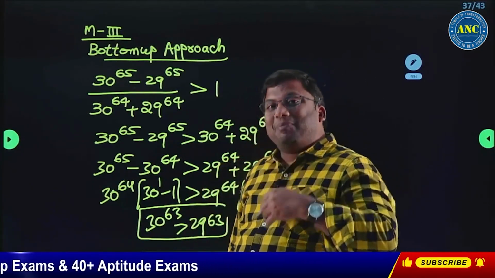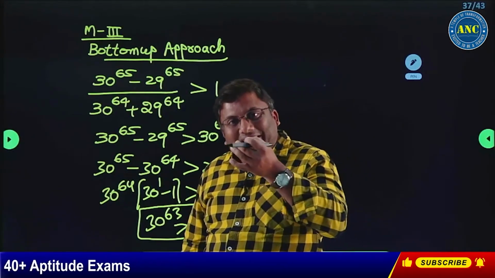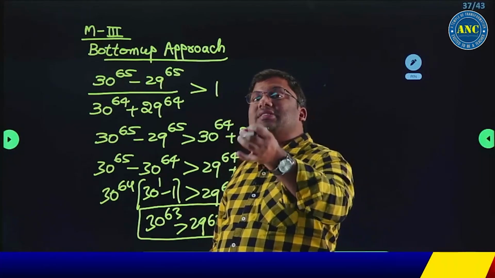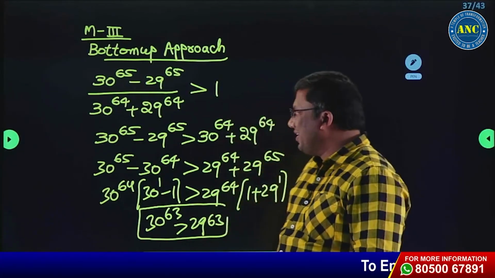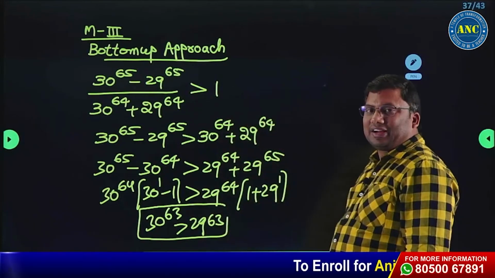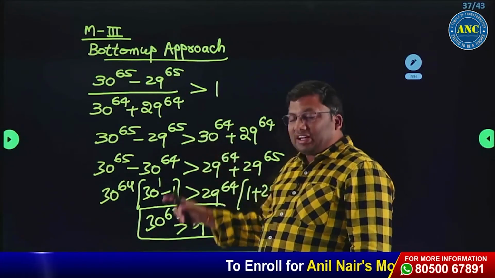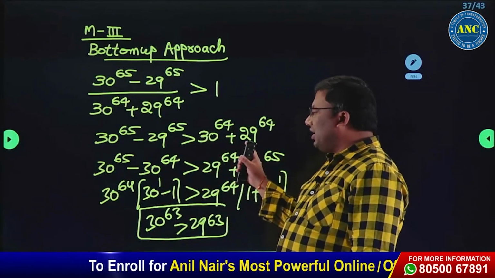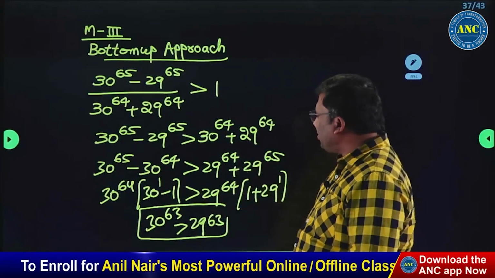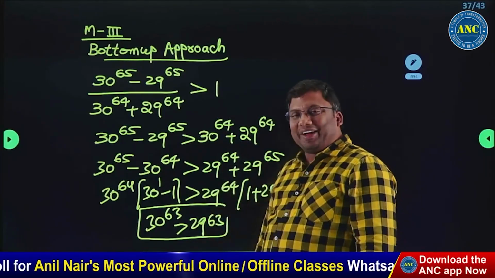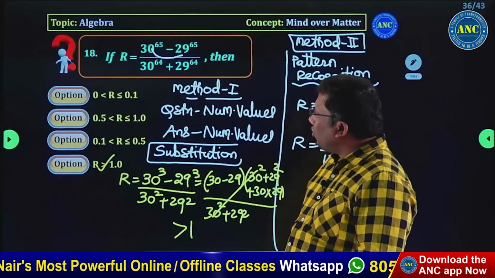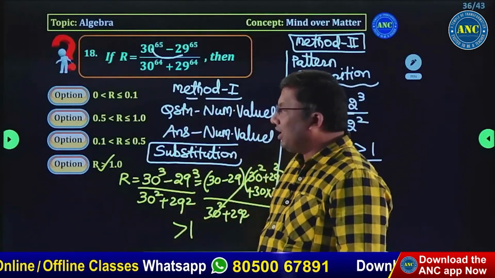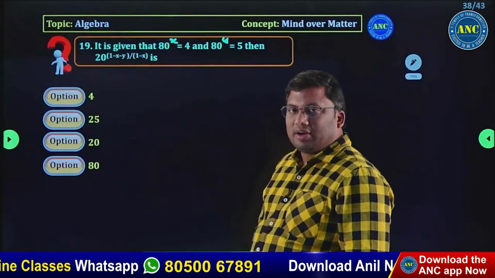This is a very beautiful approach where I take the fourth option and check whether the question is mathematically correct or not. 30 power 65 minus 29 power 65 greater than 30 power 64 plus 29 power 64. I hope the idea is clear. The question contains numerical values, the answer contains numerical values. This is the way to solve. Next,